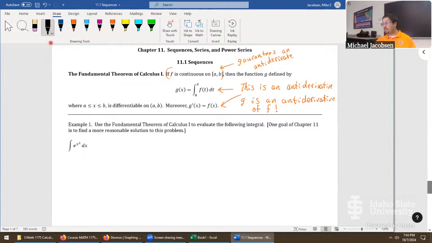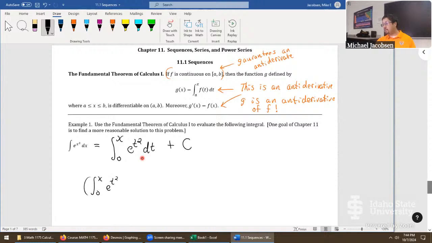So here's what it would look like. If you want an antiderivative of e to the x squared, it becomes a definite integral from 0 to x of e to the t squared dt. We change the variable t to eliminate a conflict of notation. Because it's an antiderivative, we also add an arbitrary constant c to it. That's our function. And this works out because if you take that whole thing and integrate from 0 to x,